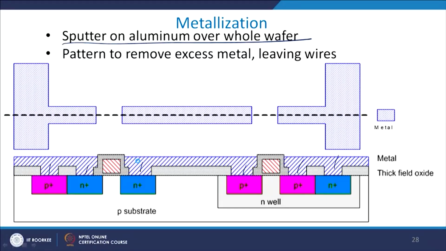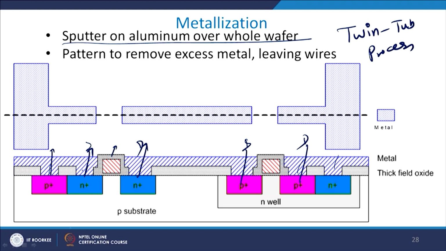Now you can remove this etched oxide here, and you will have a contact here, a contact here and a contact here. These two will be source and drain contacts for the N MOSFET, and this will be the source and drain contact for the P MOSFET. This whole procedure is also known as the twin tub process, right, because you grow a P substrate, you grow an N well within that, and this is known as